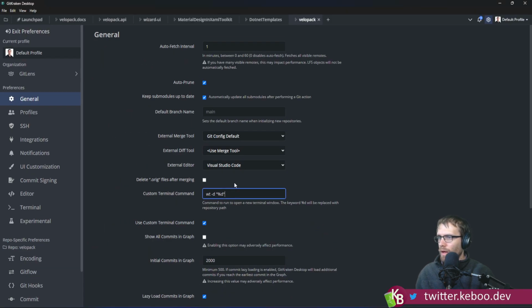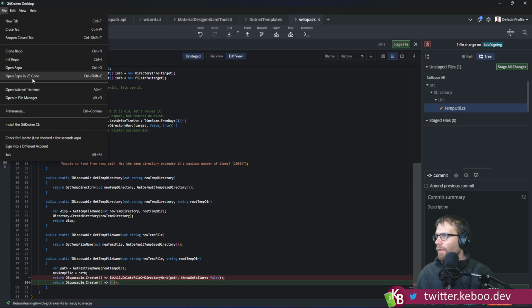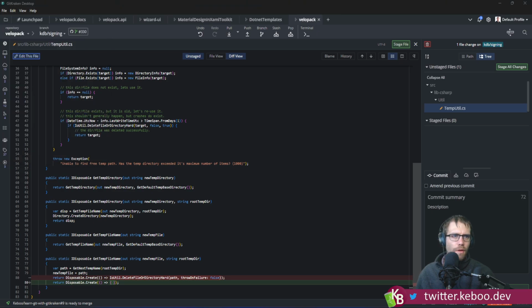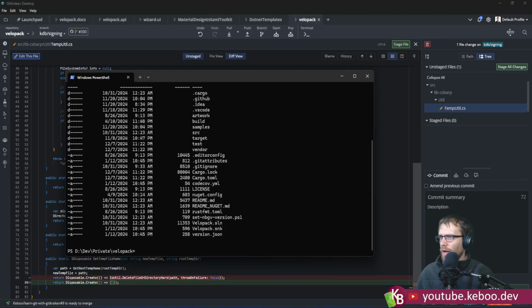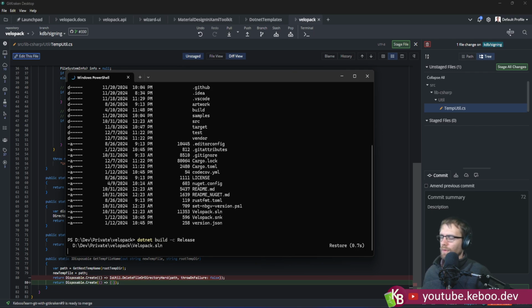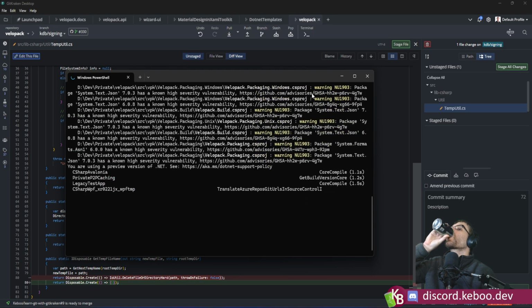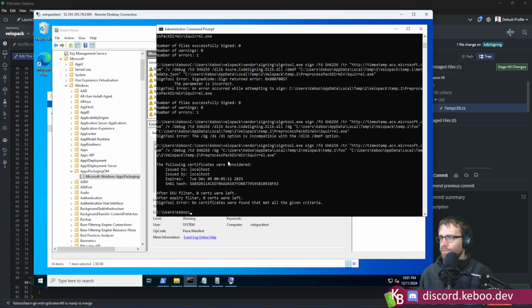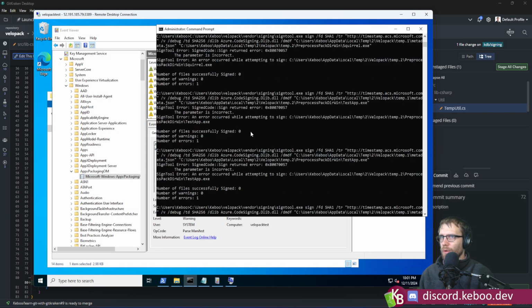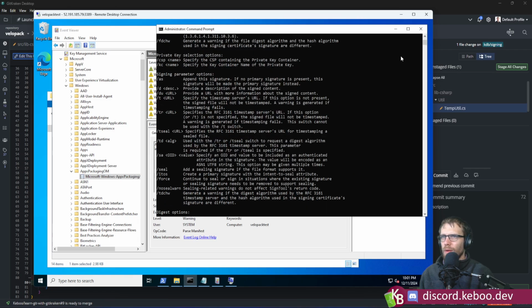All right. Great. Exit. File. Open an external terminal. Oh yeah, there we go. That's what I'm talking about. .NET build release. So we'll let that thing think about its life for a moment, and then I want to go back up